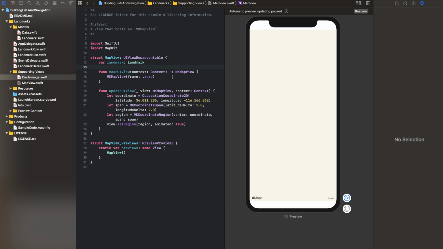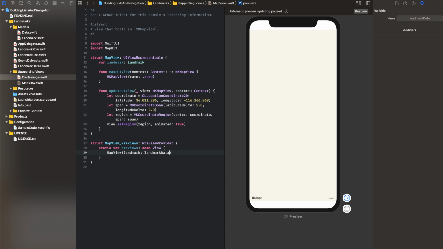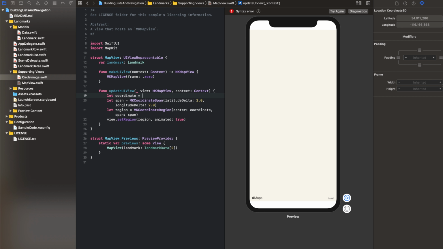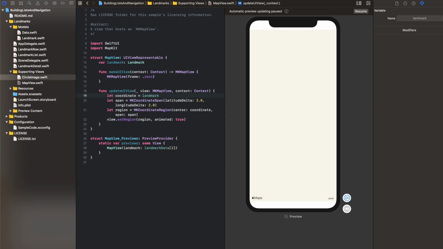Okay, so let's add the argument again. It doesn't matter which one, but all we have to do is remove these coordinates and use the ones provided from our struct. Okay,